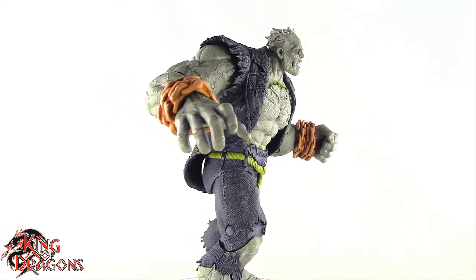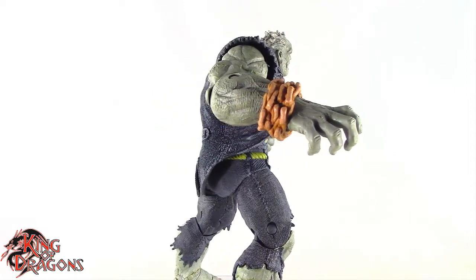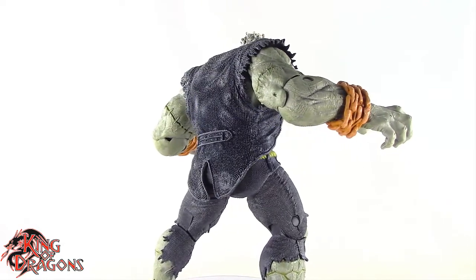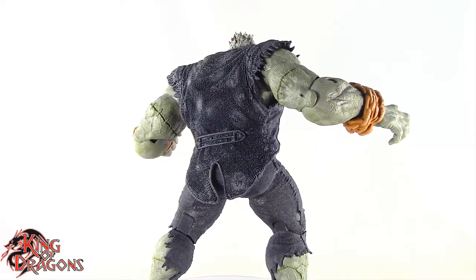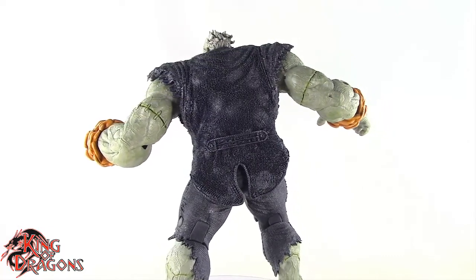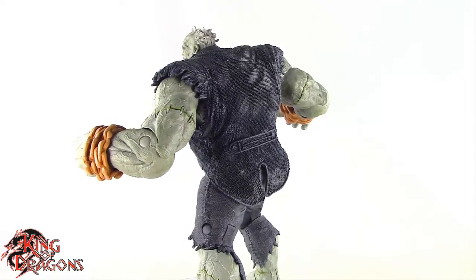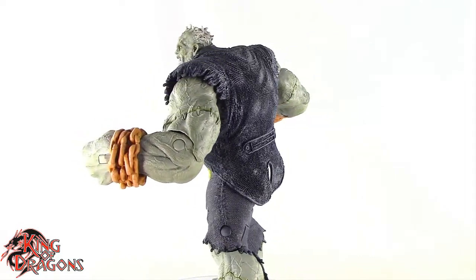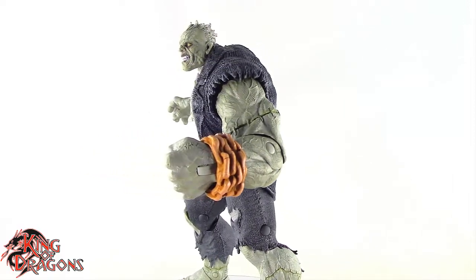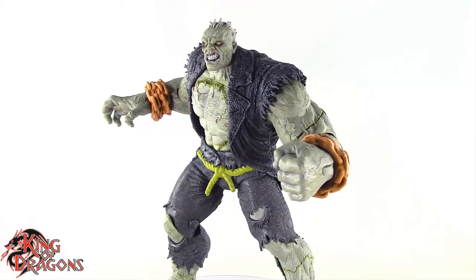He's smaller than the Last Night on Earth Bane, which is surprising. I would have thought that he'd be like Atrocitus size, because Atrocitus was practically a mega figure in his own right, but Solomon Grundy here, he kind of just feels like Devastator, who is undersized, underscaled, and really isn't living up to his full potential. I'm sorry, Grundy, but choices in your life made you not live up to potential. You need to go back and rethink your life. Thankfully, you have an eternity to do that, but yeah, this figure, guys, I really want to recommend it, but